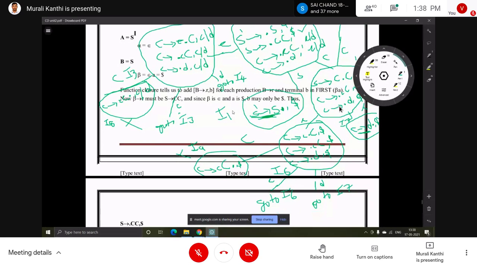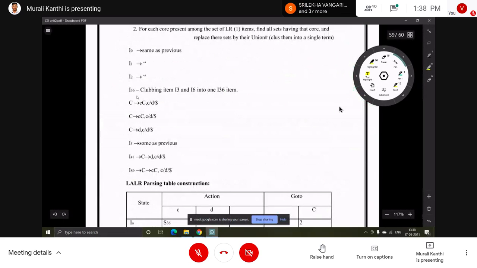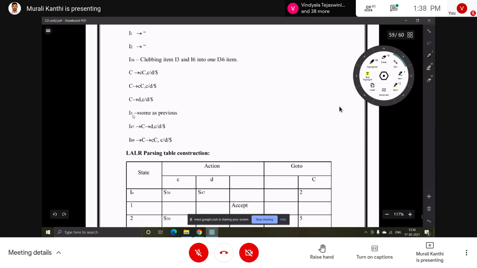So we combine I3 and I6 into I36, and like that we combine all the C implies cC items.